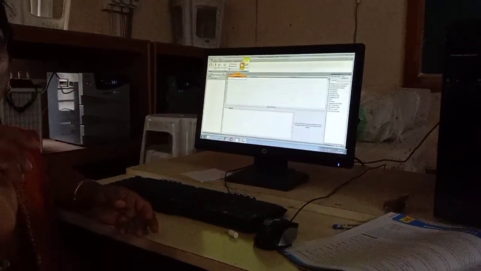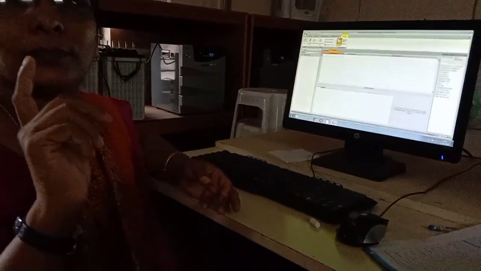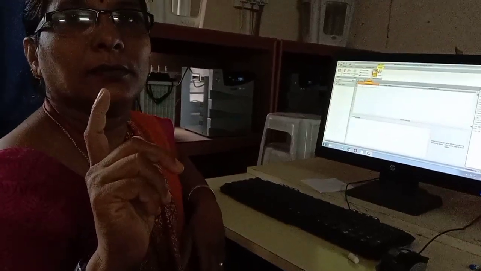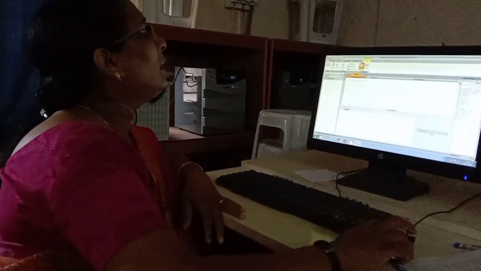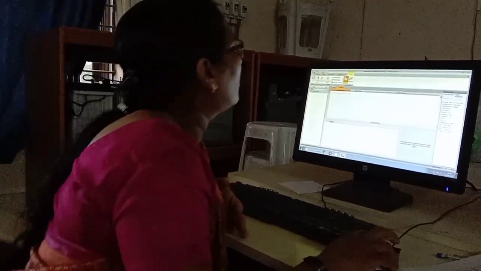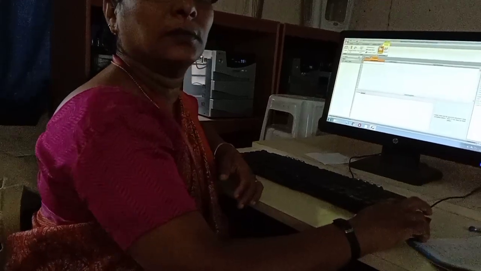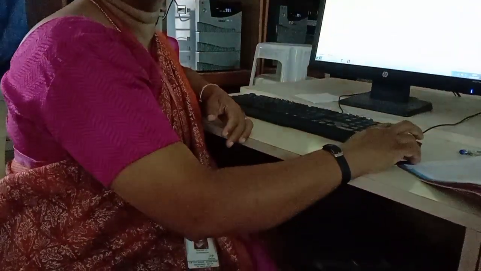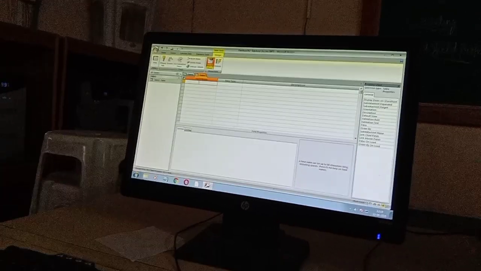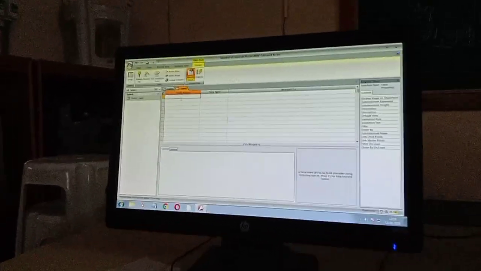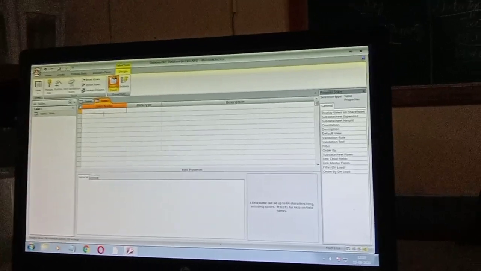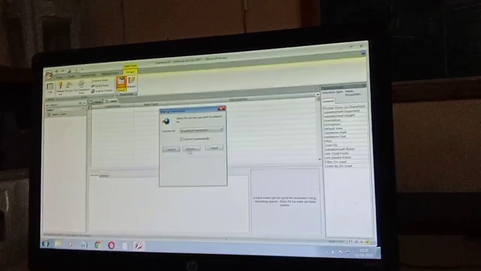That can be taken as a primary key. A primary key is a key which uniquely identifies the record.